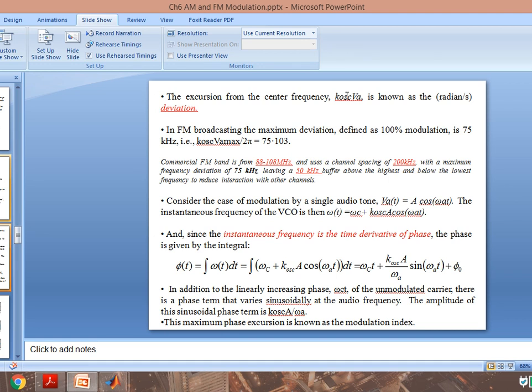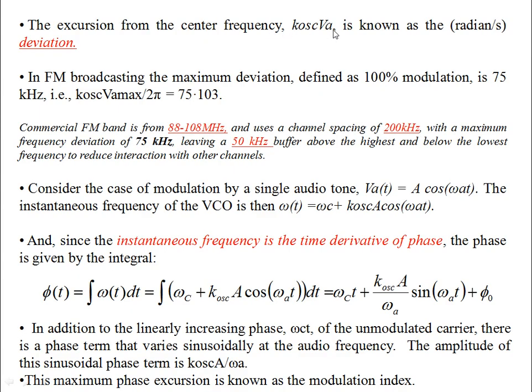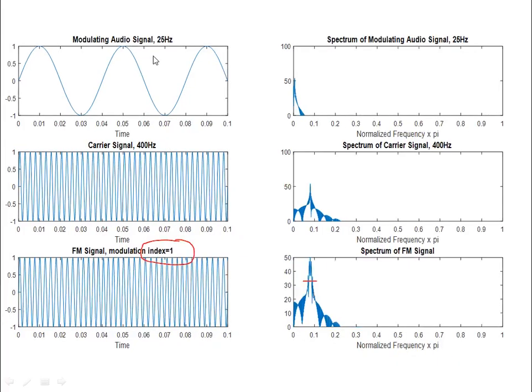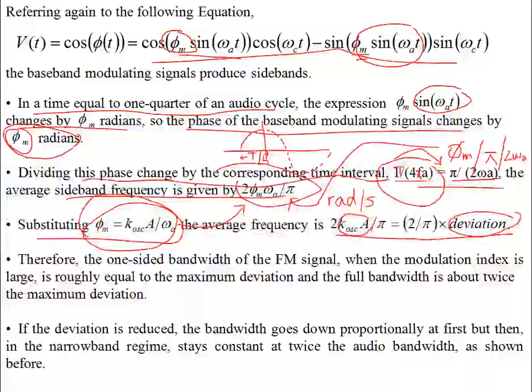The oscillator VA is defined as the deviation in radians per second. So by the same argument, you can write the average frequency as 2 over pi times the deviation. So if the deviation is large, and the modulation index is large, obviously, since the modulation index is deviation divided by omega a,